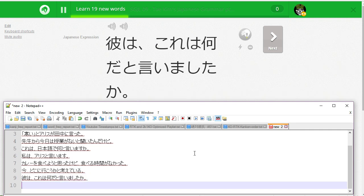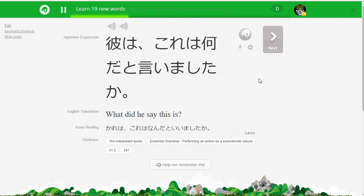You probably see what I'm trying to do: when I'm typing, I hit the space bar after each of these particle phrases if possible, or maybe what we'll call a sentence group. It's just what I'm doing, and I don't know if there are better ways of typing. That's just how I've been typing. 彼はこれは何だと言いましたか？